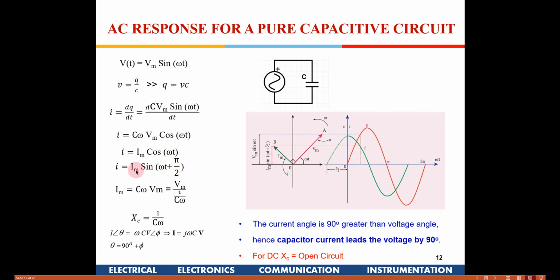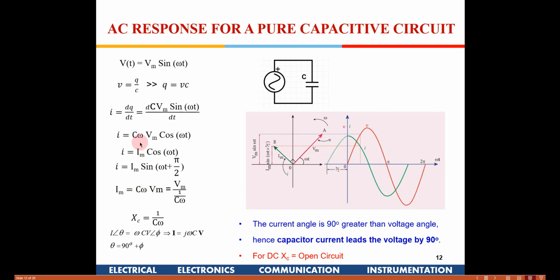Now, you will see the current is leading the voltage by pi by 2 in this case. So, if you see, this is the applied voltage and the current is now leading it by pi by 2. In an inductor the current was lagging, in a capacitor the current is going to lead the voltage by pi by 2. And another change which we observe here is that for an inductor the impedance was L omega.